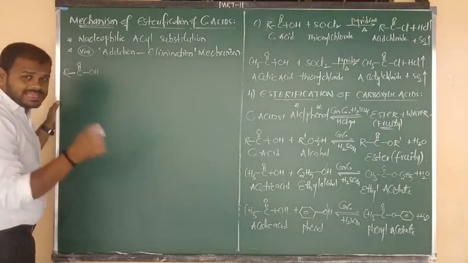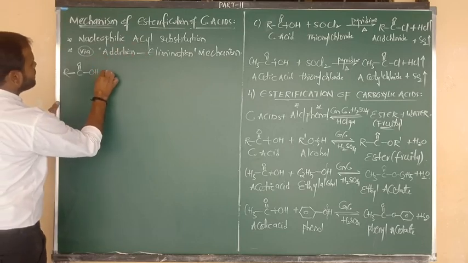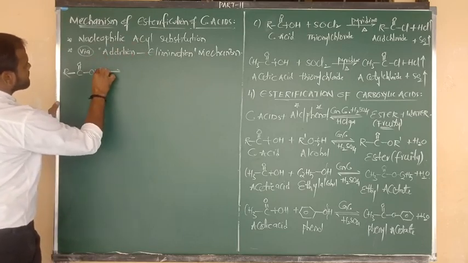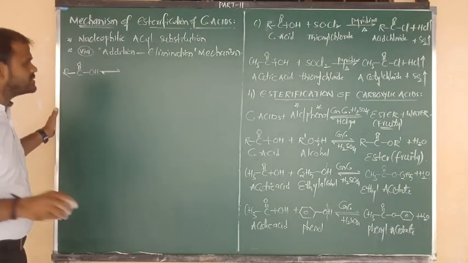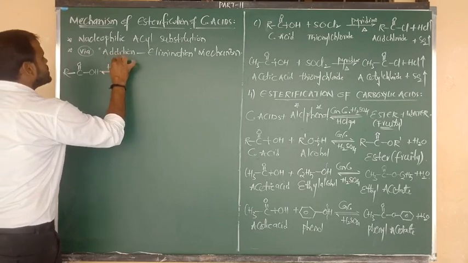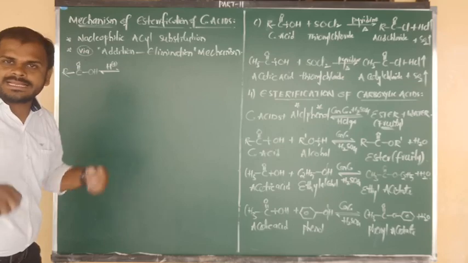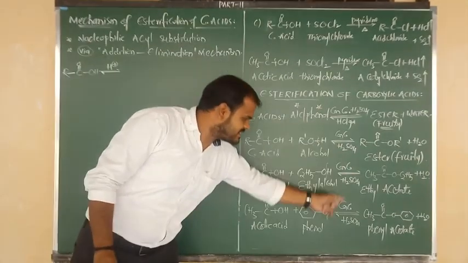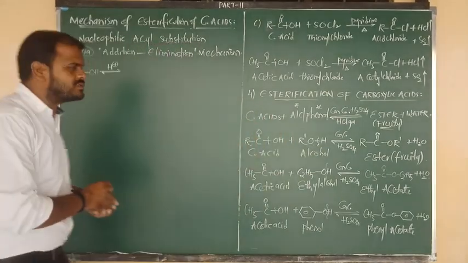So step 1, as I have already told you, is nothing but the protonation step, and every step is reversible, all 5, that is common. So step 1 is protonation, meaning addition of H plus. Sir, from where are we considering that H plus? That H plus we are considering from mineral acids, either from HCl or from H2SO4.